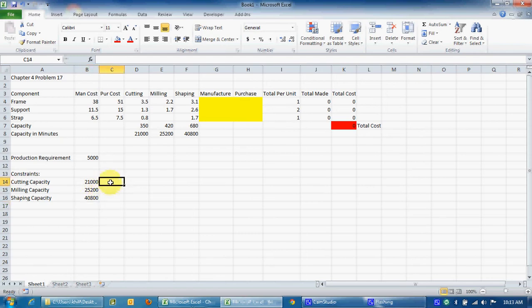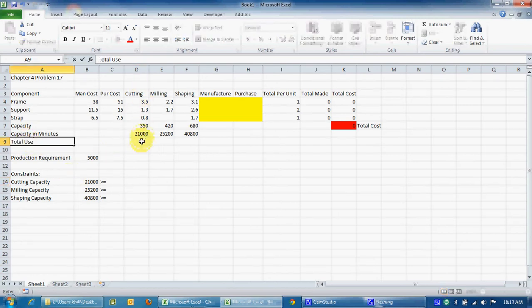in minutes, and so these are the capacities, these are the upper limits. So the mouth is always swallowing the upper limit. So we'll drag those down. And we now have to set up, it has to be greater than the total amount of cutting, milling, and shaping that was actually done. These are capacities, and these have to be greater than how much cutting, milling, and shaping you actually do. So I'm just going to put up here and say total use, and we're going to calculate that right there. So we have to figure out a formula for